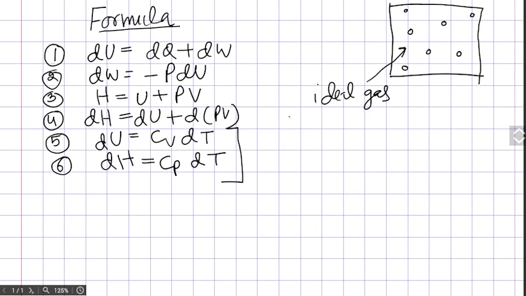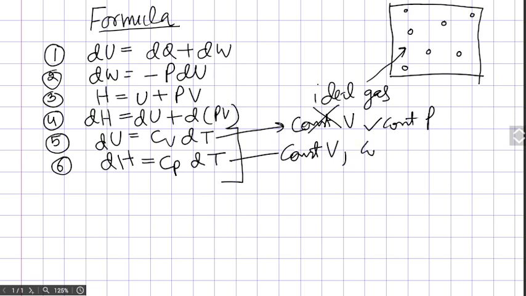of processes. It will not be restricted to only constant pressure or constant volume process. The same way you can use this formula for constant volume, constant pressure, constant temperature. In all the processes you can use it. So the restriction was only when you were using real gas, but for ideal gas, these two, formulas number 5 and 6, you can use for all types of processes. You don't need to restrict this formula.